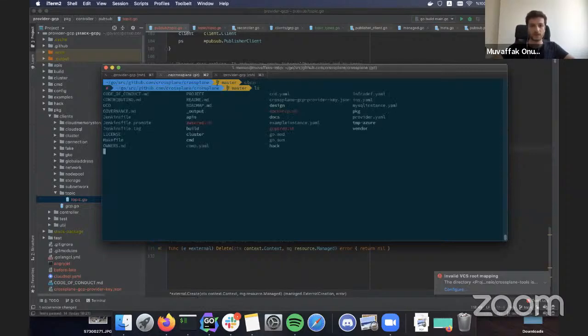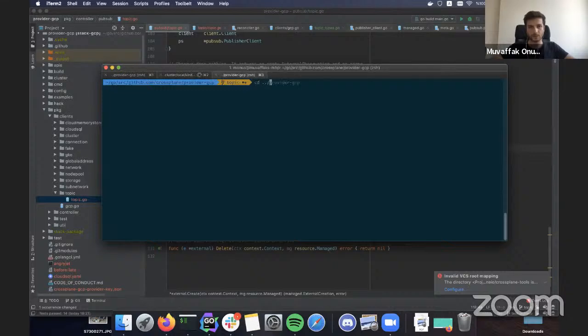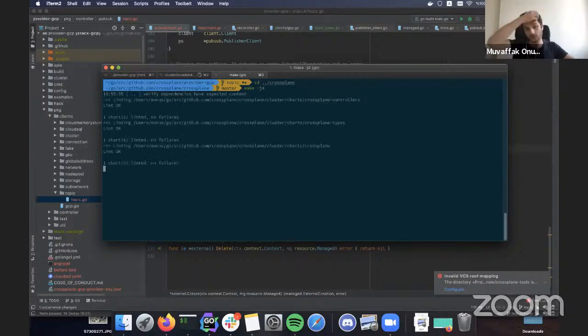So here I am in the Crossplane repo. Here we've got a few developer tools, including for local tests. So I will use kind clusters. This will get me a new one. Meanwhile, let me just build the Crossplane because I will install it.